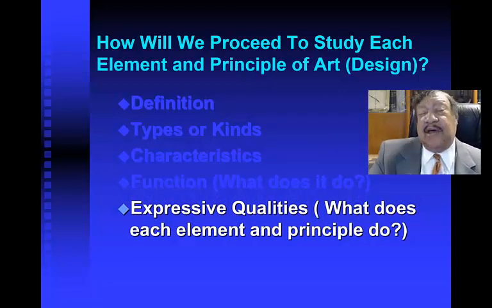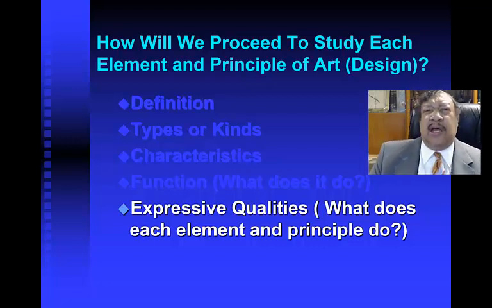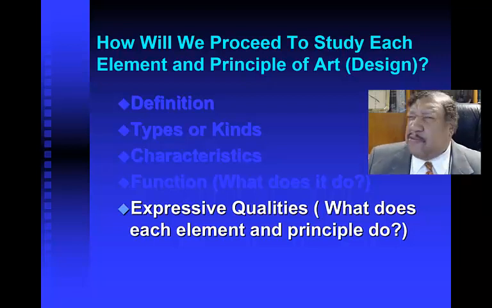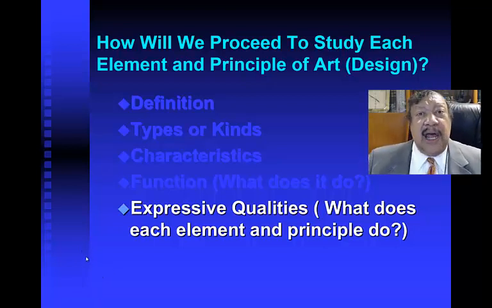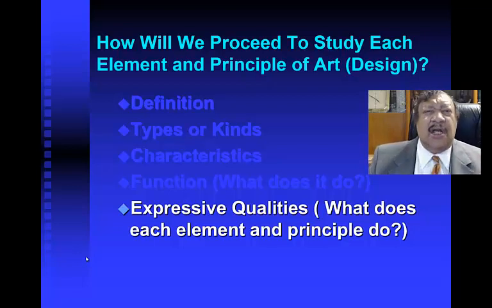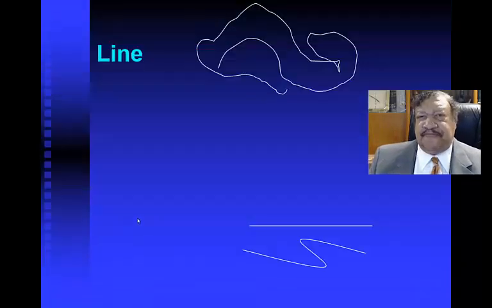For an example, we have vertical lines. That tends to be a sense of order. We have columns and we have repeated lines over and over again. But when we crisscross lines, whenever we have a diagonal line, that is considered a movement in one direction or another. And when they cross, we usually have a conflict there. So what does each one mean? So as we go into line,